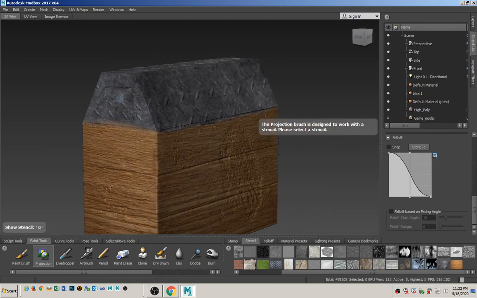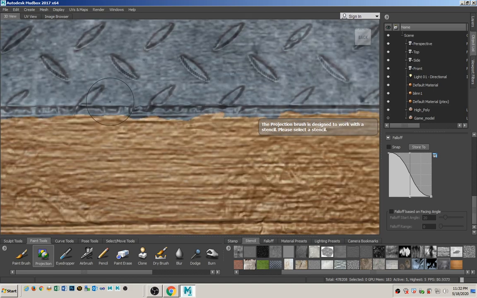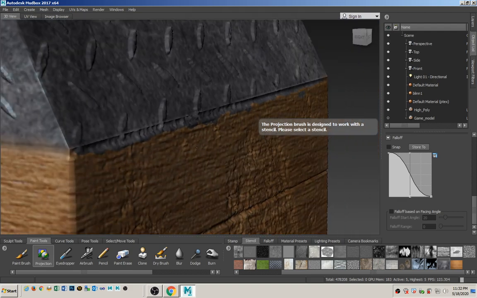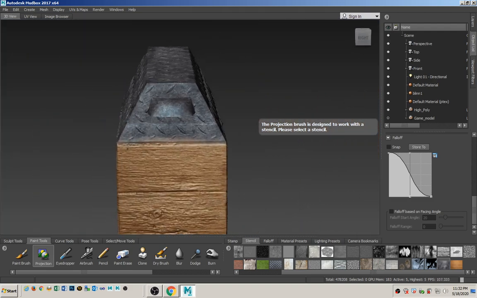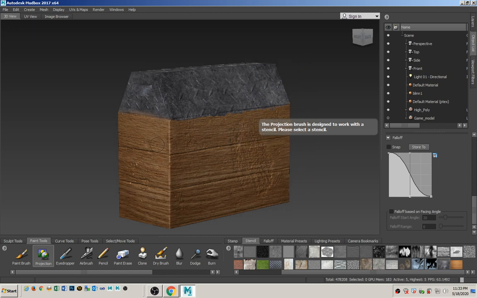All right. I could have been a little bit cleaner. As you can see, there's a lot of places I bled over, but I'm trying to get through the video quickly so you guys can start this. All right, so everything is all nice and painted up, and now we are ready to start transferring everything over